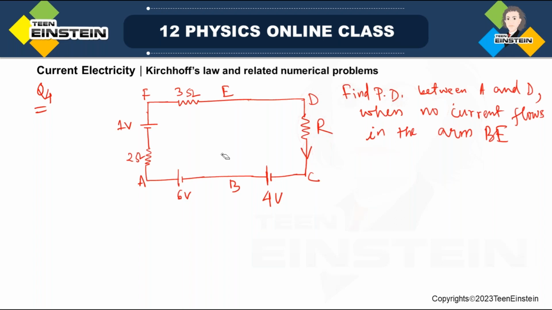So if we ignore that, then if we find out what is the current flowing in the circuit,